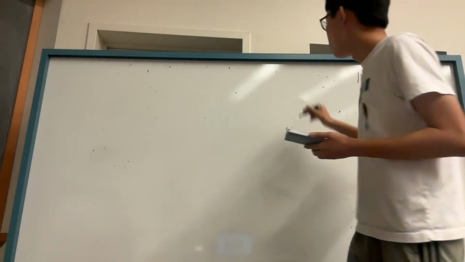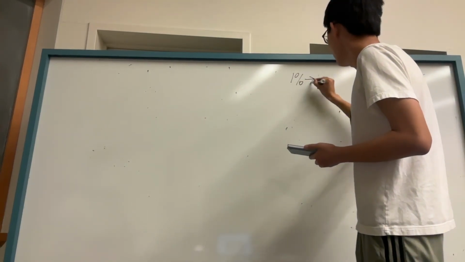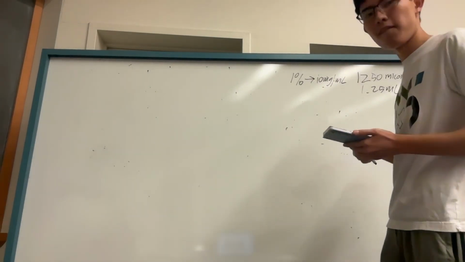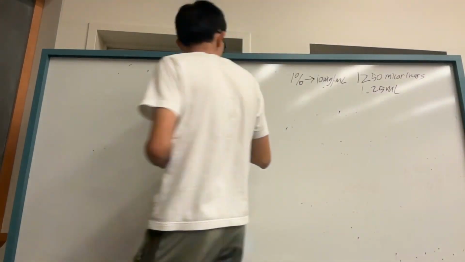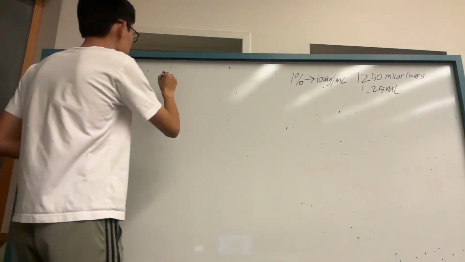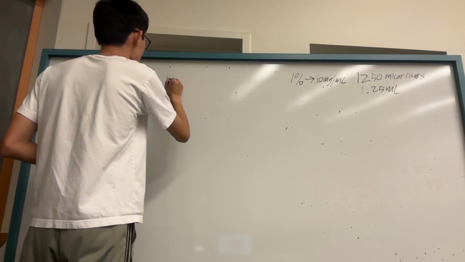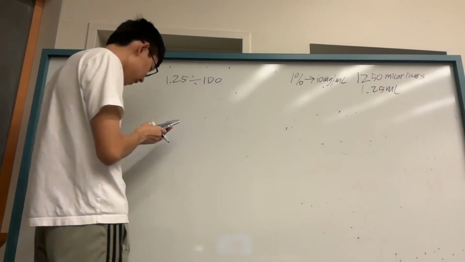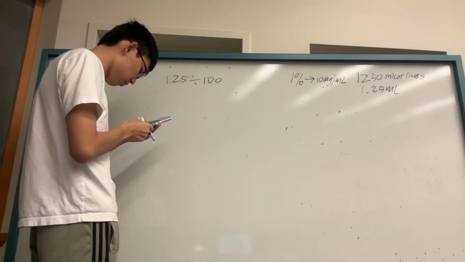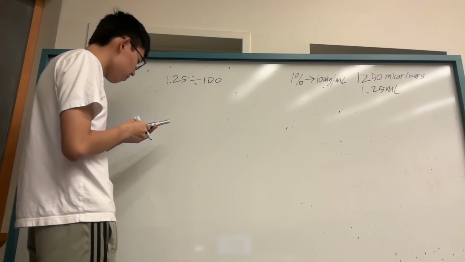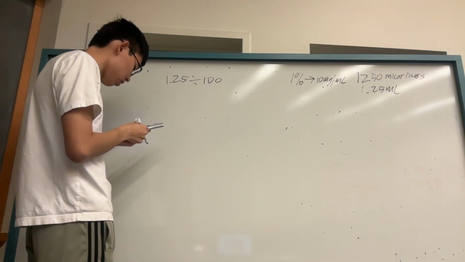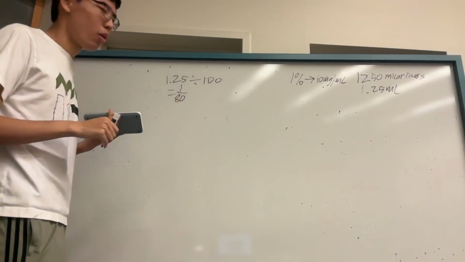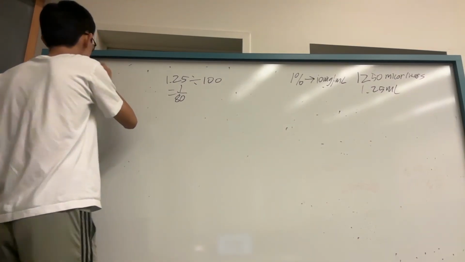And 1% just means 10 milligrams per milliliter. So first things first, since it's 1%, we do 1.25 divided by 100, and that will be 1/80. And the molar mass of lidocaine HCl is